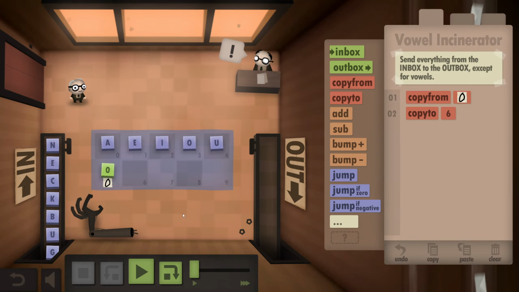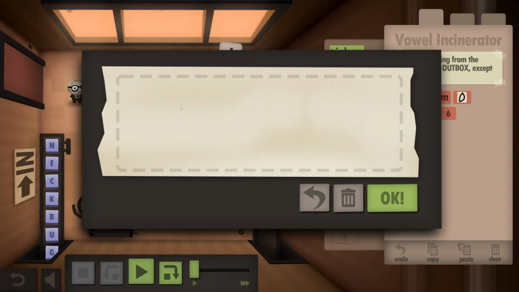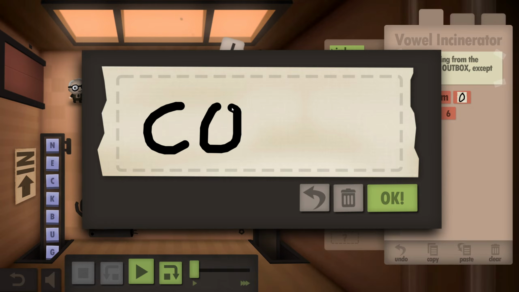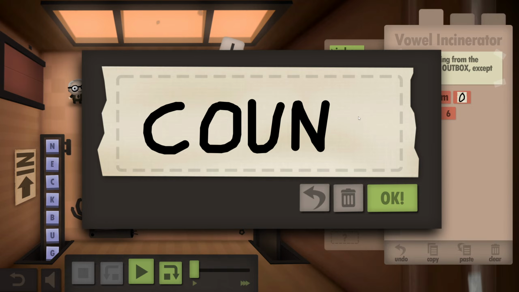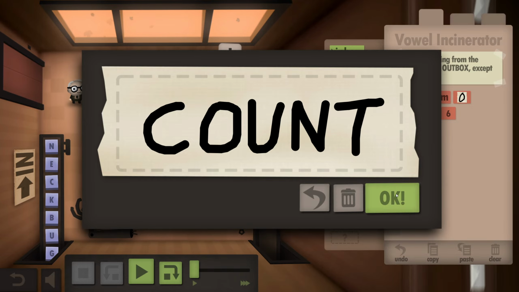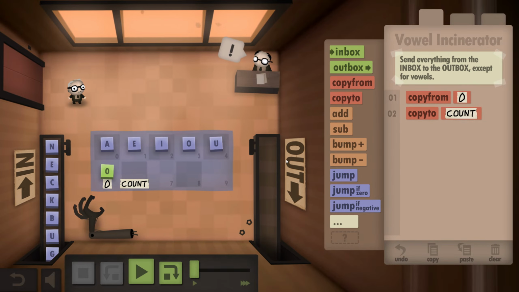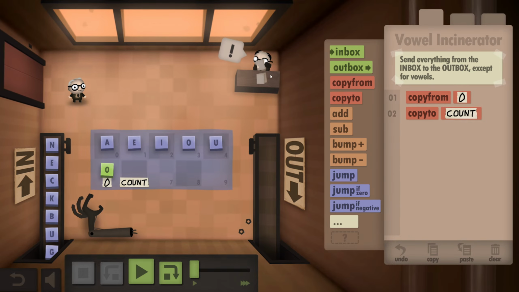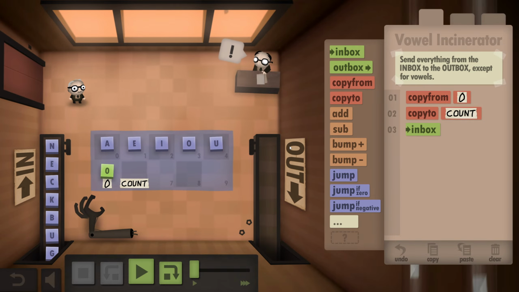Space 6, which is a counter. Copy to the counter, and then we want to grab our first digit, I think. Grab that. We subtract from